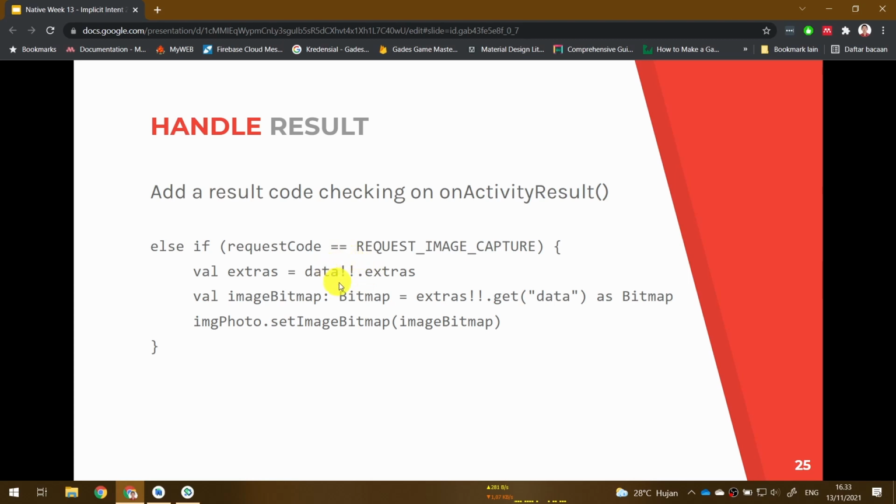I can't really remember the official name of this operator. Basically it circumvents the Kotlin compiler, so we can just access it as it is, although the data is actually nullable.